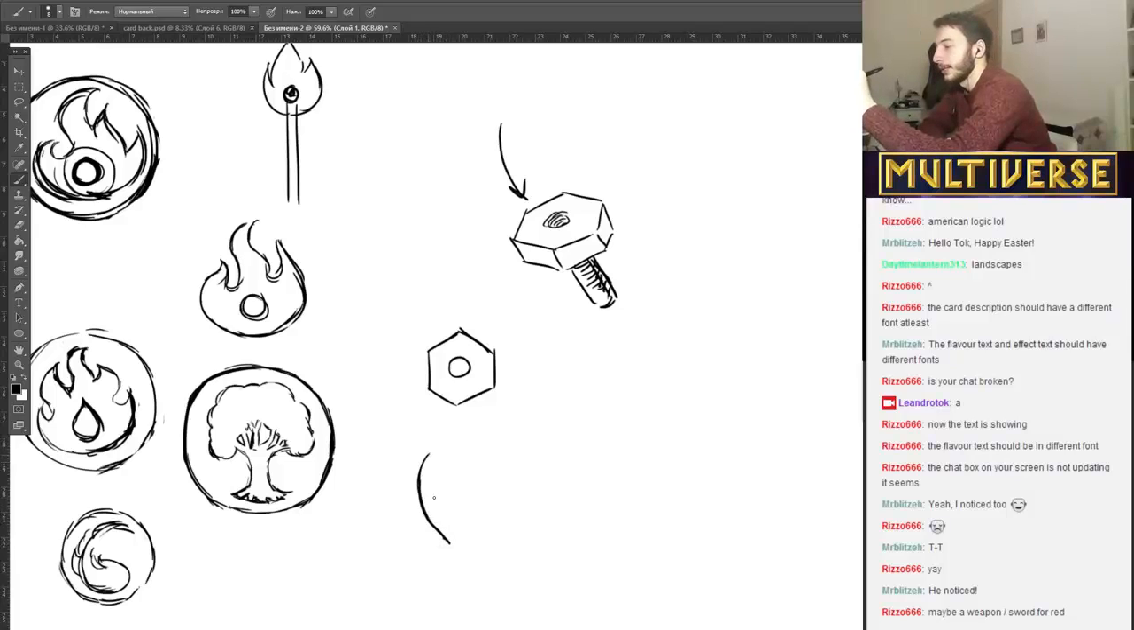Oh, the problem is that I had a symbol for attack, and that was a sword. Now this is a little bit of a scimitar. Swords are okay. Sword is a nice thing, or maybe it can be